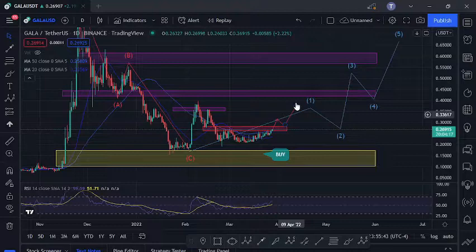Also having a look at the RSI, the RSI is above the 50 mark, and that would mean we have room for us to continue pushing the market higher. So it's possible for us to push the market high and maybe go to around the $0.3 mark before we get overbought, and maybe once we get to the overbought region, have a bit of a correction on the RSI, then continue pushing higher. So those are the key scenarios that I expect to see on the Gala chart,